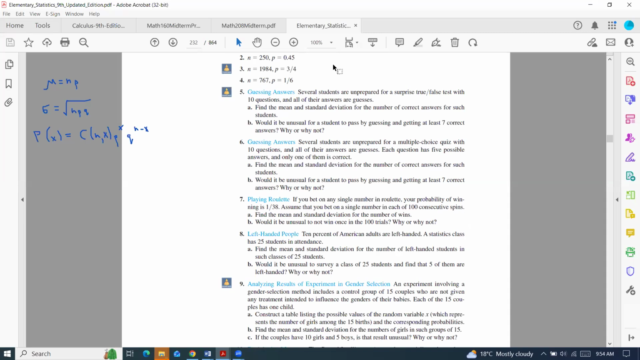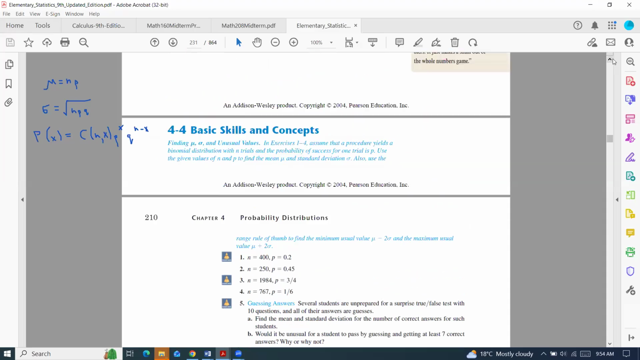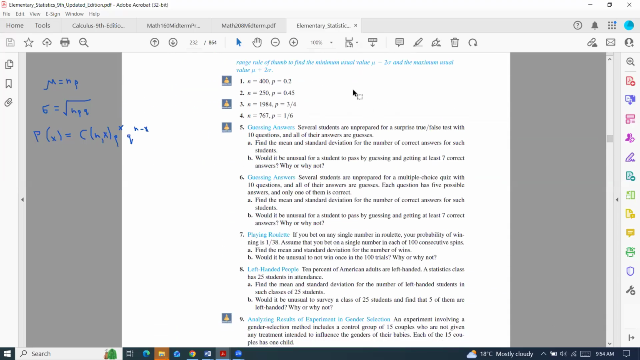Let's say problem number 8. This is again chapter 4. I found it in the last section that we worked on, section 4.4. We do 4.3 and 4.4 sections in chapter 4. So let me write this down. Section 4.4. So in exercise number 8, I will be looking for the